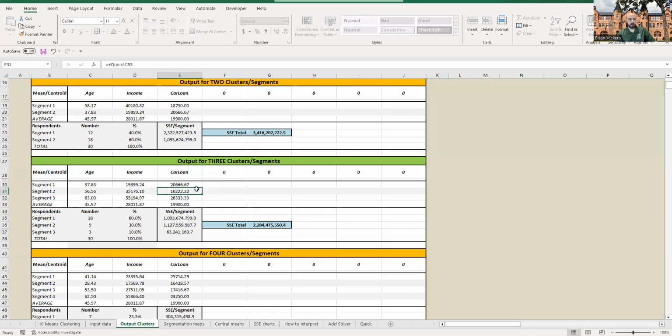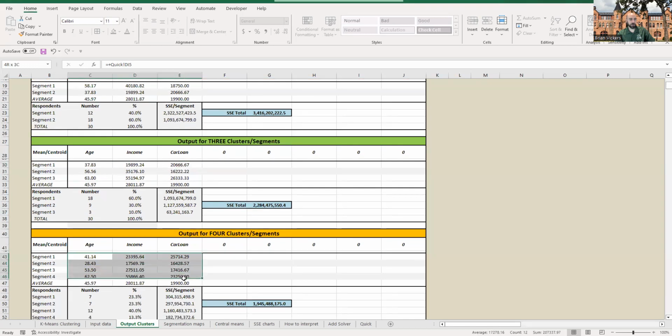They don't have much of a car loan. They're not spending above their means. These people are younger on average, very low income, very high car loan, right? These are a little bit more evened out. I think that the 3 clusters does tell a pretty good picture here. It gives 3 distinct clusters, and